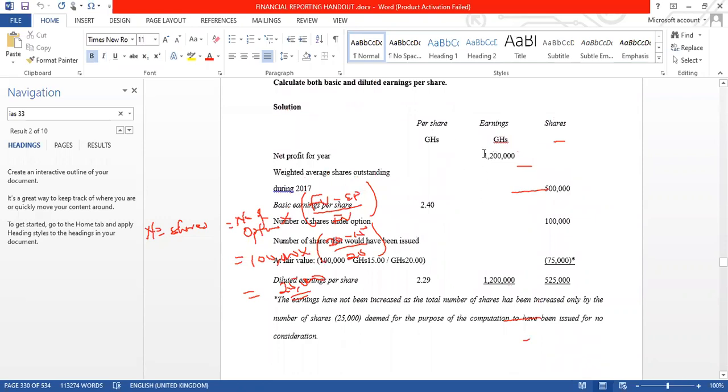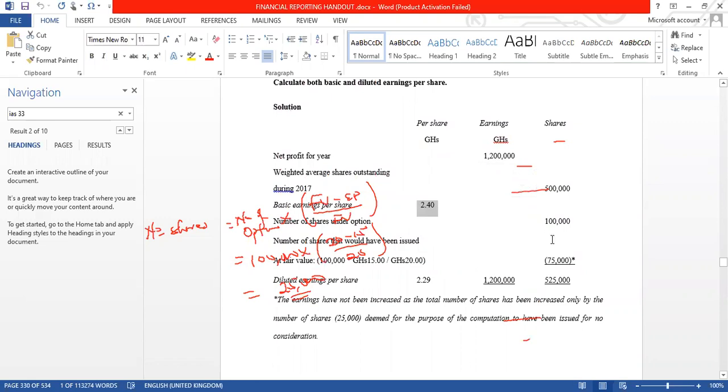You see, if you want to go the other way around, you had 1.2, you have your weighted. So your basic EPS is this. That is what you have. Okay, that is what you have. Now you see that you had